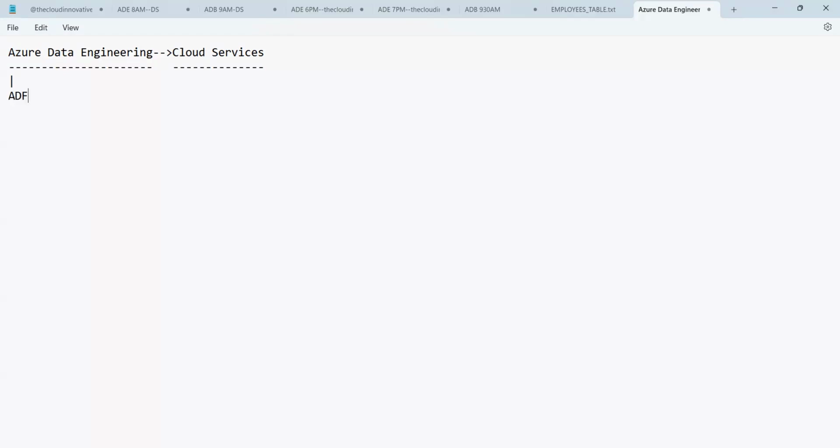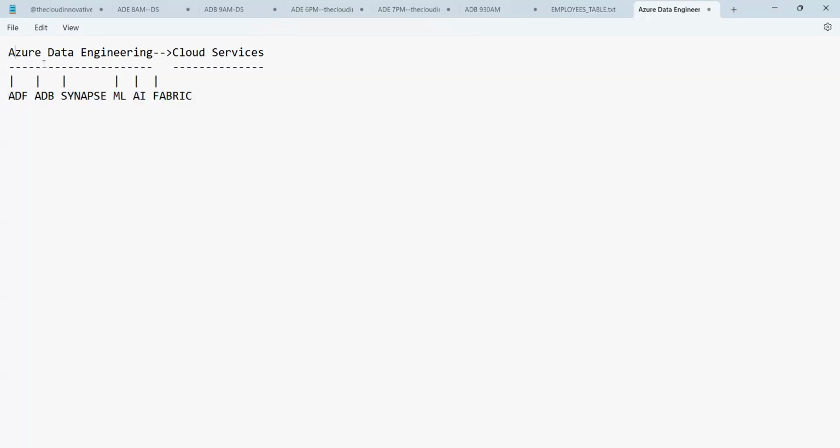Azure Data Factory, Azure Databricks, ADB, Azure Synapse, Azure Machine Learning, Azure AI, that is artificial intelligence, and one more service called Azure Fabric. These are all the services we have in Azure data engineering.